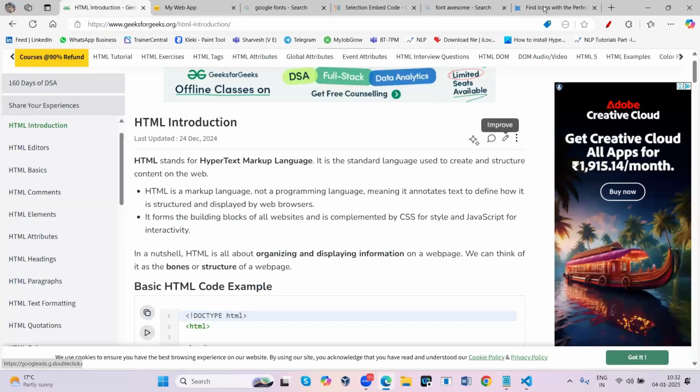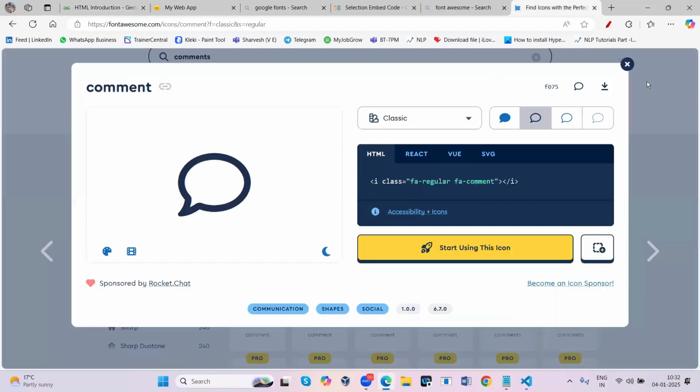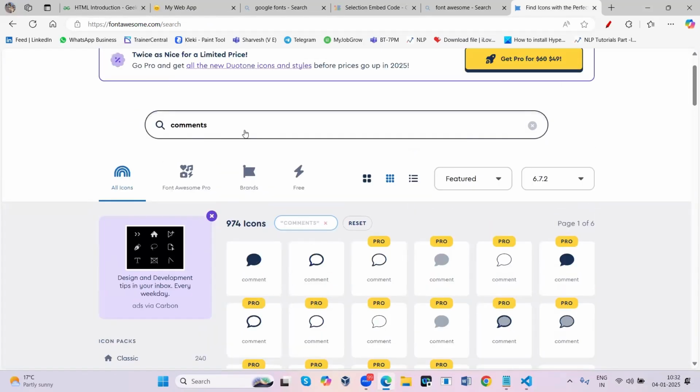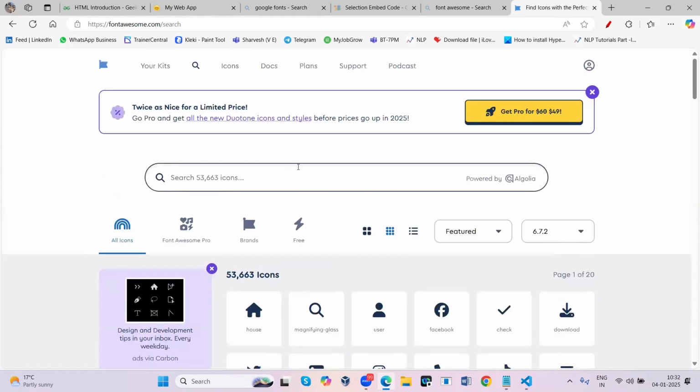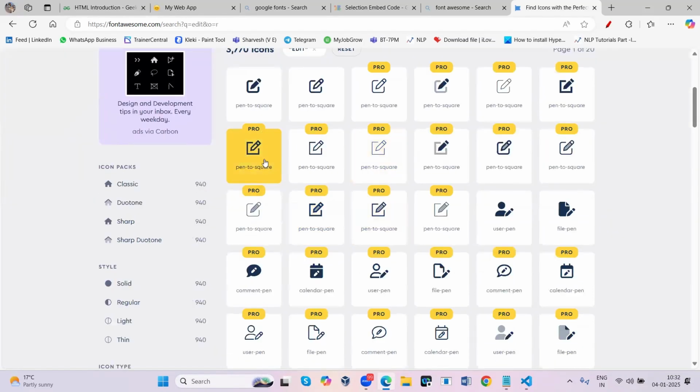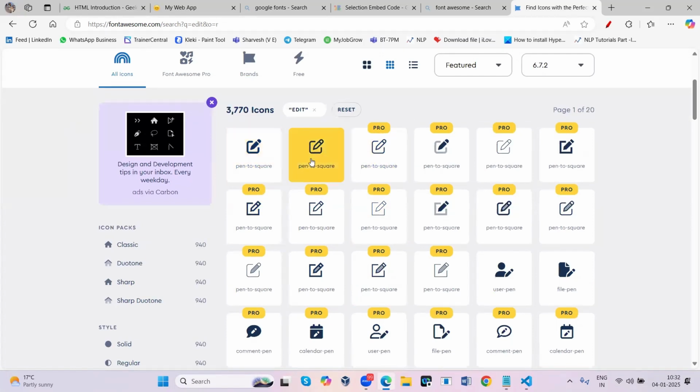So next, improve or edit. I think what I'll do, I'll search for my requirement, which is for editing purposes. I just want edit, so that is the pencil icon for edit. I'll just search for this. So you can see you have these kinds of things, right? Whatever you want, these two are free versions, you can make use of them. Otherwise, if you are buying, then you can make use of those. So that is the sign there, right? Here it is only the pencil.